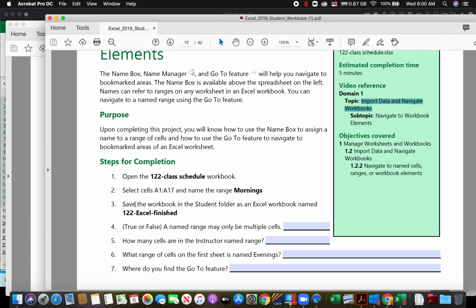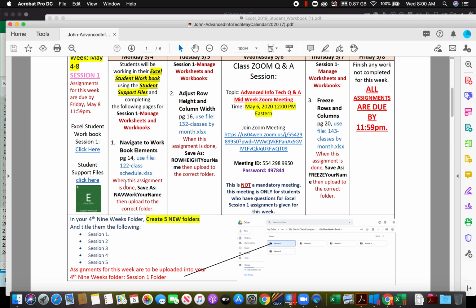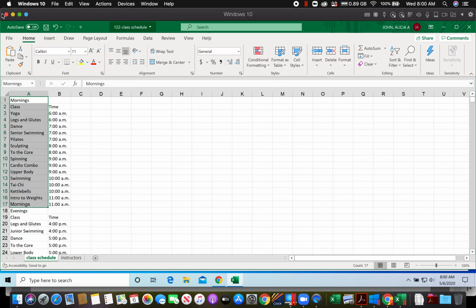Next, you are going to save the workbook. When you save, we tell you exactly how we want you to save it. It says save as nav work and your name. What I do, a little tip: select it, right click, copy, go to your Excel file,